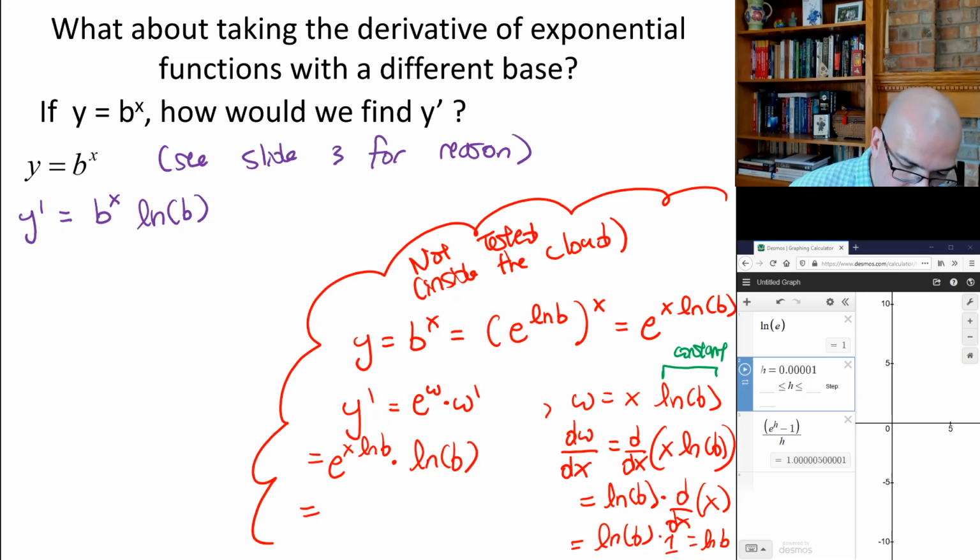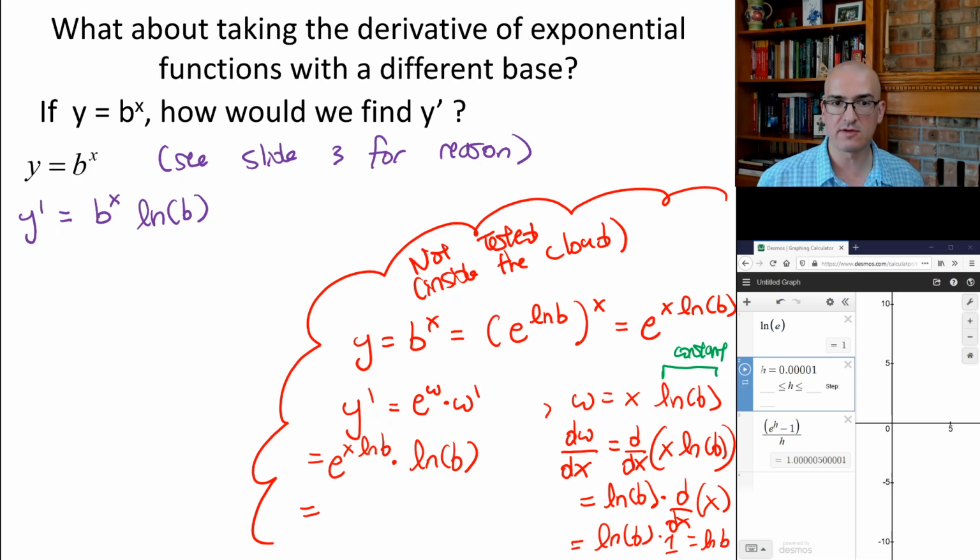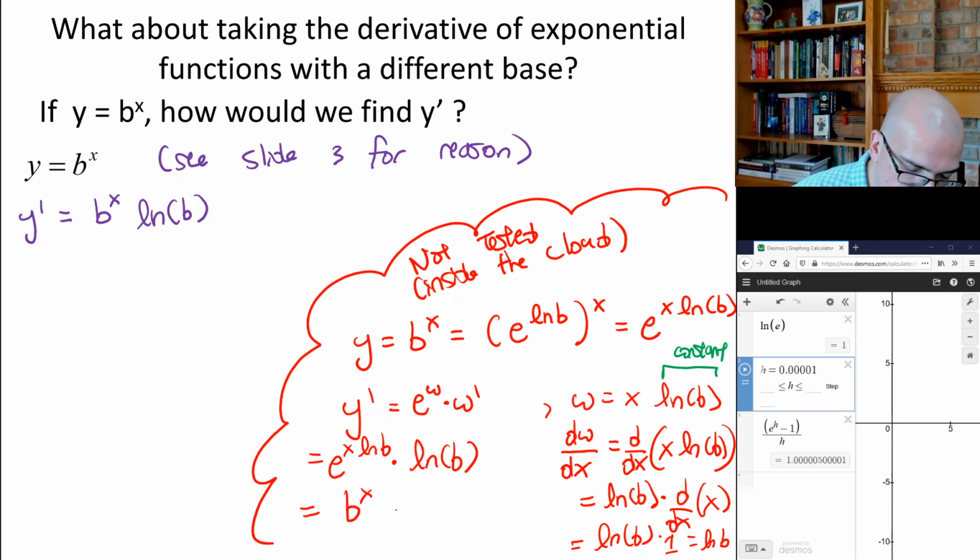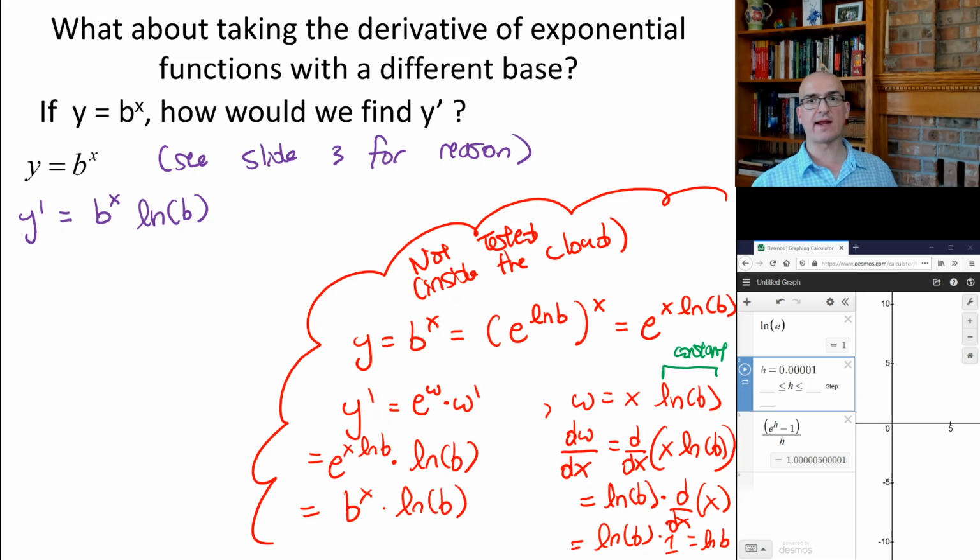And then recall that e to the x ln b, well, that came from just b to the x. That's how we rewrote it. So this is b to the x times the ln of b. So this is a second way to derive this formula, starting with the formula for the derivative of e to the x and the related formula for the derivative of e to the power of w. This is not a derivation, though. You couldn't use this as a proof because our derivative of e to the x